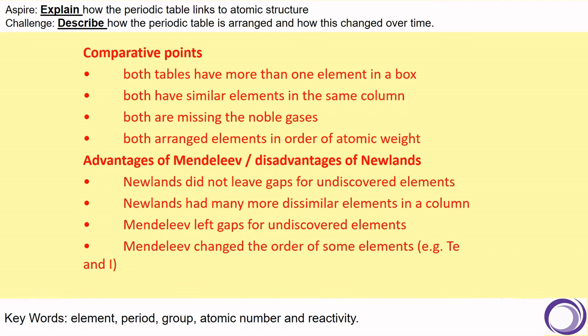Then we've got advantages of Mendeleev or disadvantages of Newlands. Newlands didn't leave any gaps to account for any undiscovered elements, or Mendeleev did. Newlands had many more dissimilar elements in columns. In fact, some of the columns had metals and non-metals in them. Mendeleev left gaps, and sometimes Mendeleev changed the order of some of the elements to make sure